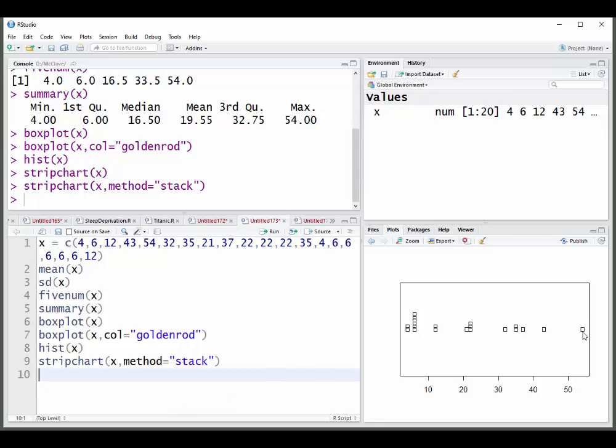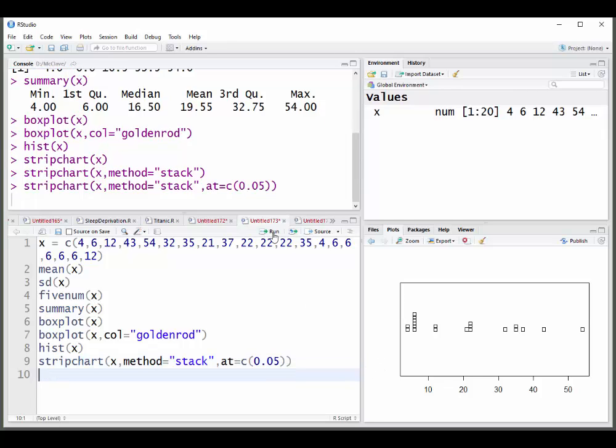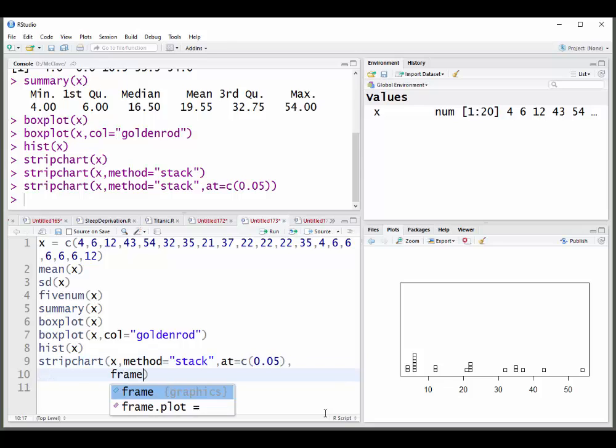I kind of don't like to have that down at the middle, so I'm going to just go back up here and put at equal c, comma 0, 0.05, and that's just the scaling on how high we're going to be, and you can see that that moves it down. We can also take that border around, and I'm just going to move this to a new line here. Frame dot plot equal false, all caps, and that will do